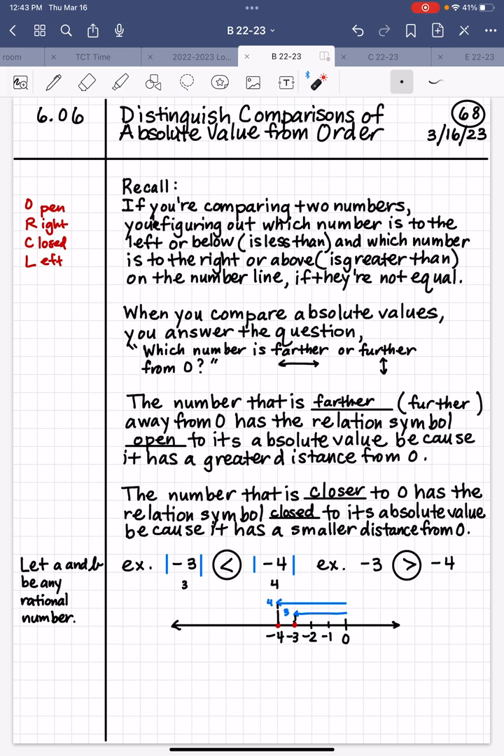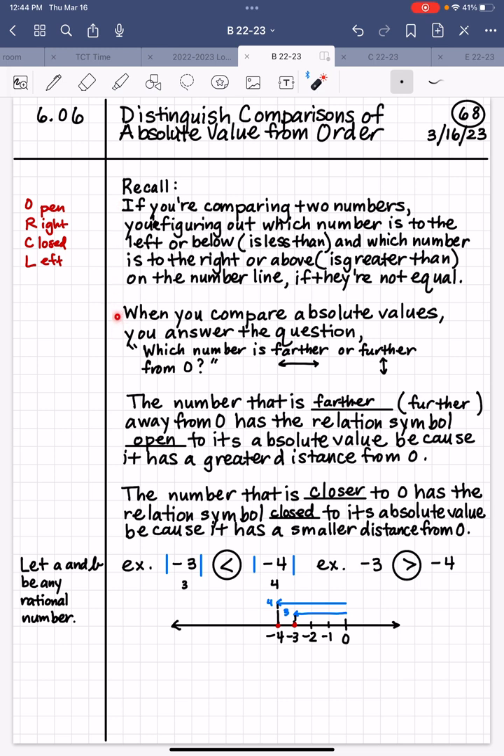In this video, we are going to talk about what it means to distinguish, which means to tell the difference between comparisons of absolute value and comparisons about order. So where is the number located on the number line? Is it to the left or to the right of the other number? Okay? So just a quick thing to remember before we